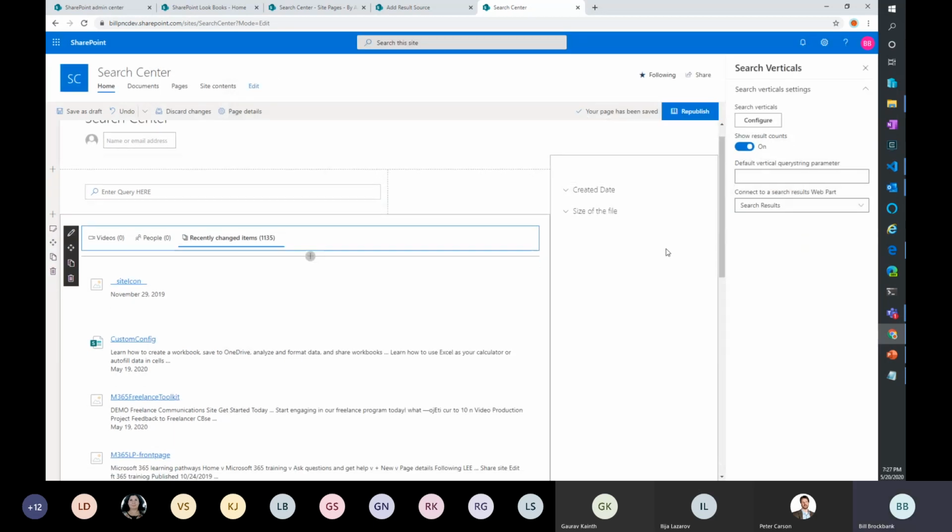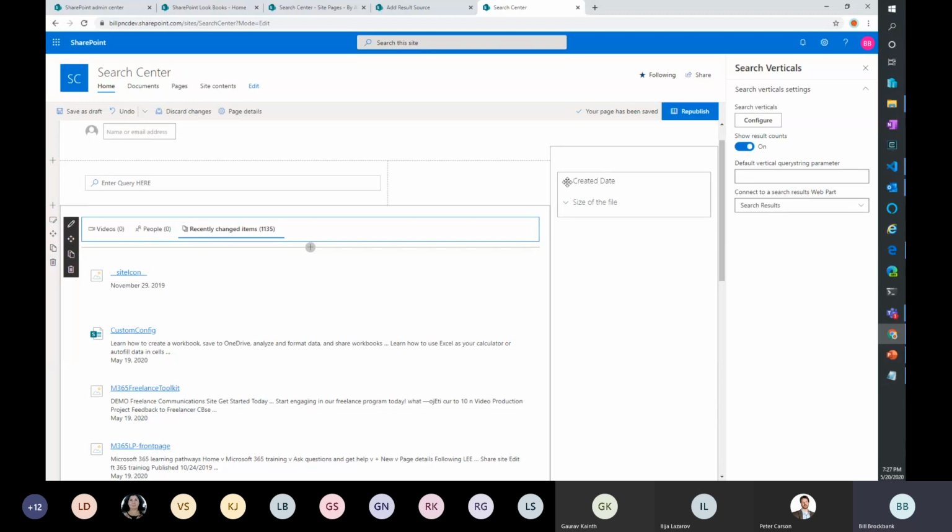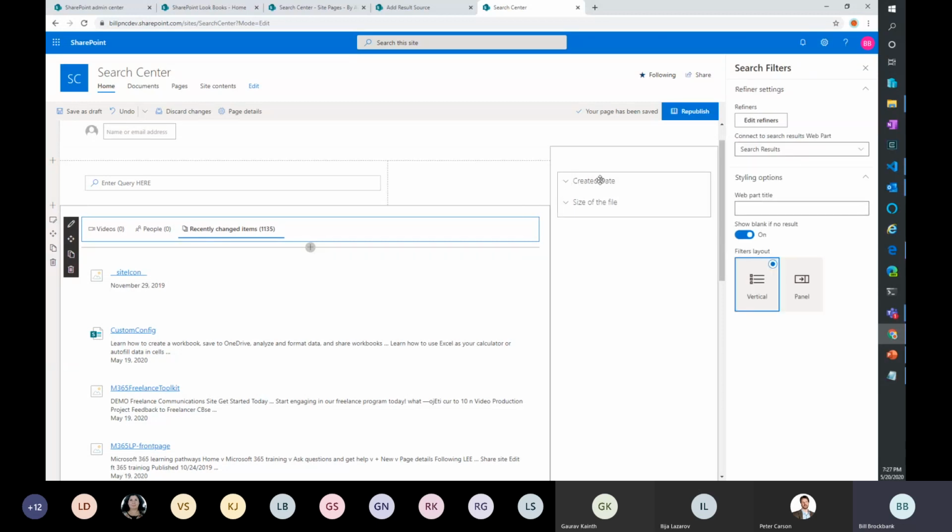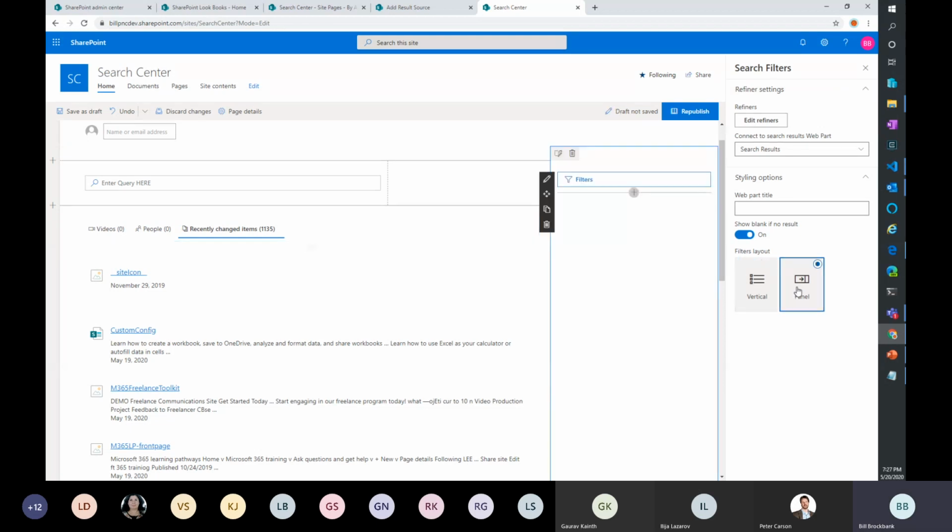Learning on the fly. So we were talking about this before. We can now have some data, so we can see the refiner. These are some of the refiners that are coming up by default, so the size of the file and the dates are available. I don't remember how that looks, we'll have to look at it. But the key was I was talking about how it would look different. The filters would now fly out as a panel versus the ones that are in line with the rendering.